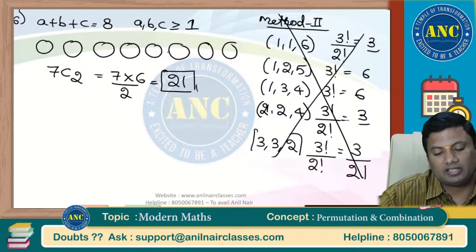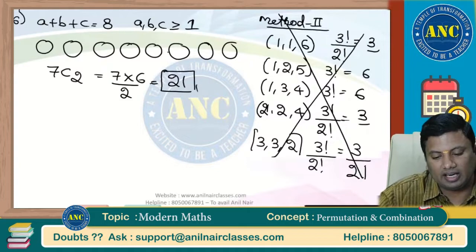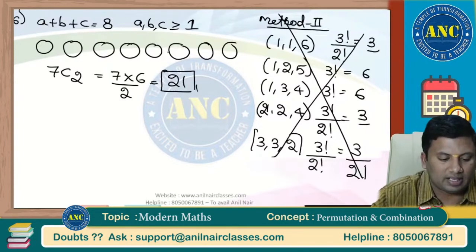A plus B plus C is 8, with A, B, C greater than or equal to 1. If 8 balls are there in a line, there are 7 gaps. Select any 2 gaps. Next one, A1 plus